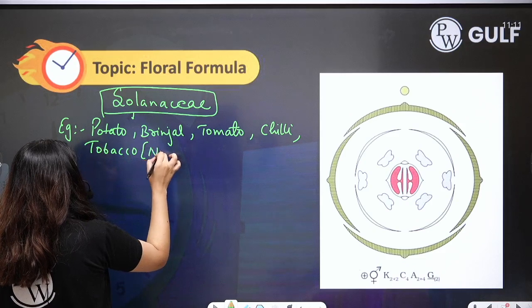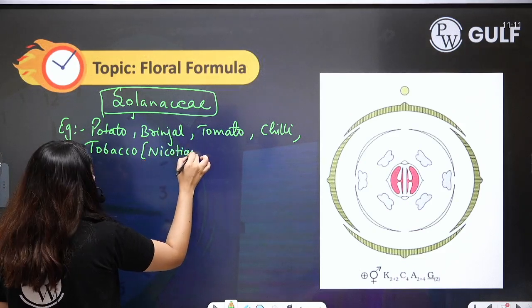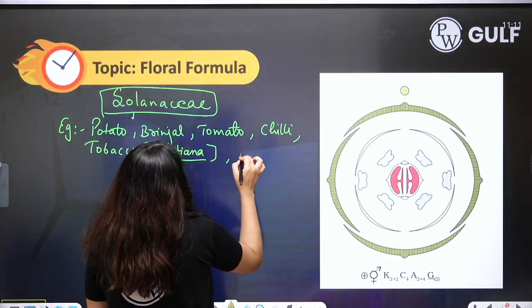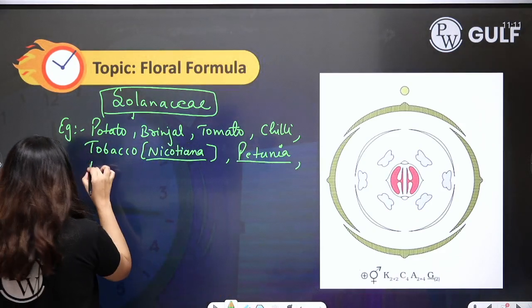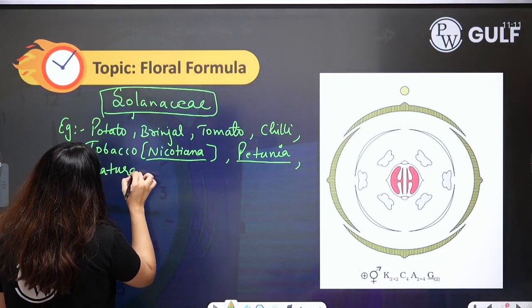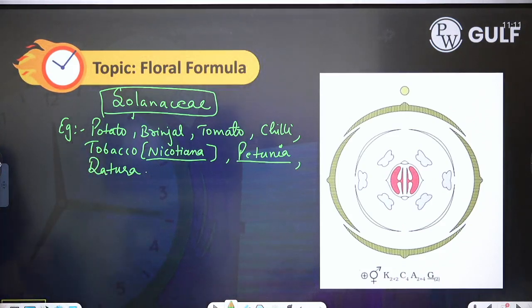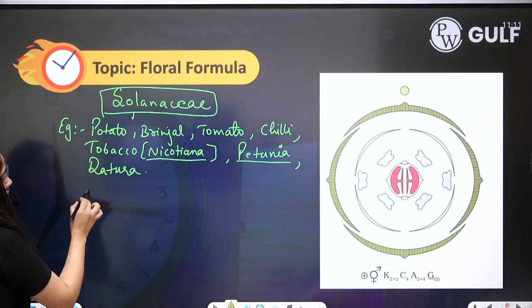Tobacco is known as Nicotiana. Petunia, datura all belong to the Solanaceae family. Their formula is